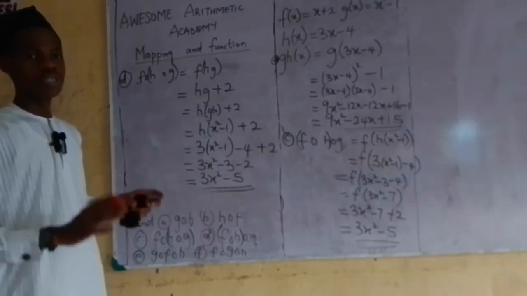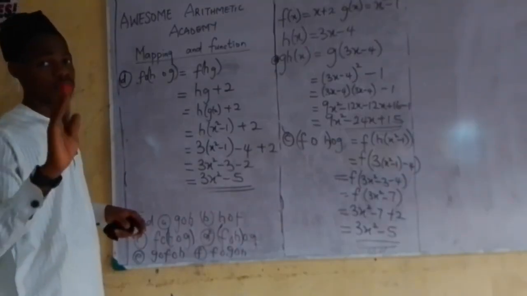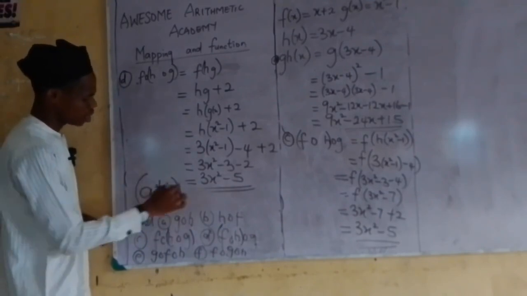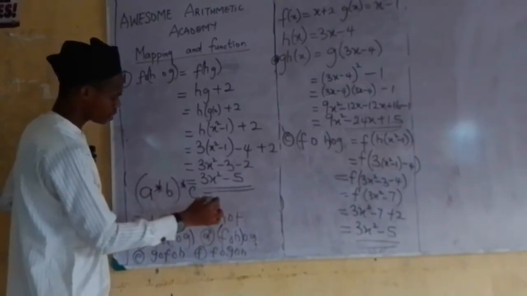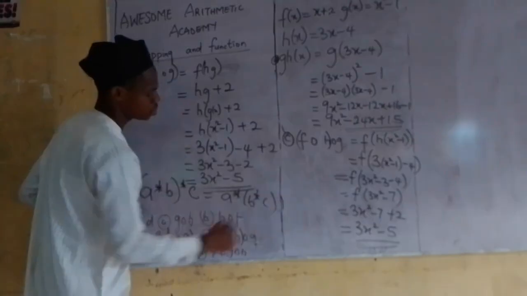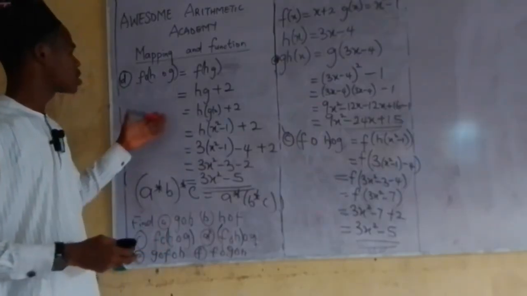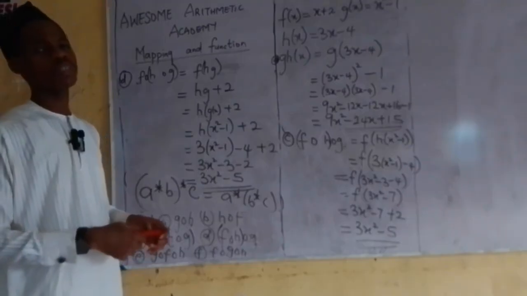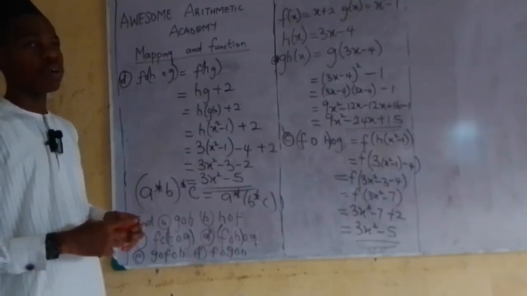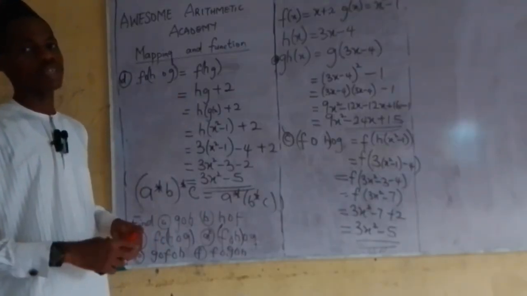operation like this is known as the associative operation or associative property rather, or law. So that is when I'm having a operation b operation c, and my answer is the same thing as a operation b operation c. Then we say it satisfies the property of what? Associative. And in this case, we can see that composite mapping satisfies the property of associative law. So which means that what? Composite mapping is associative in general, but